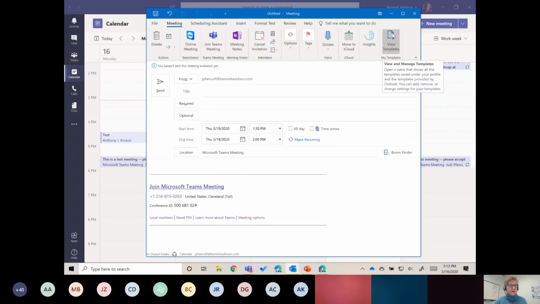So that can be handy and good to know. Okay, so I think that's just about everything I was going to say. Oh, one more thing about the lobby, also good to know, because it gets confusing. If an external person joins the meeting before there are any internal participants in the meeting, they will get put into the lobby. So if they happen to be the first one to show up, they have to wait in the lobby. Otherwise, if somebody's there already, they'll just come right straight into the meeting.